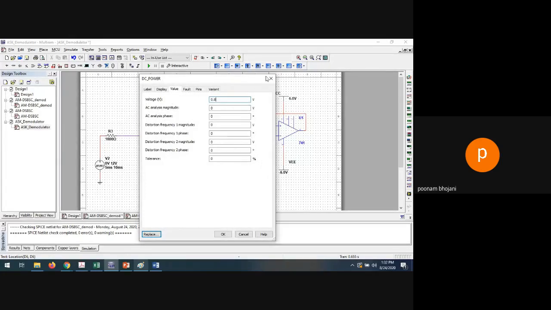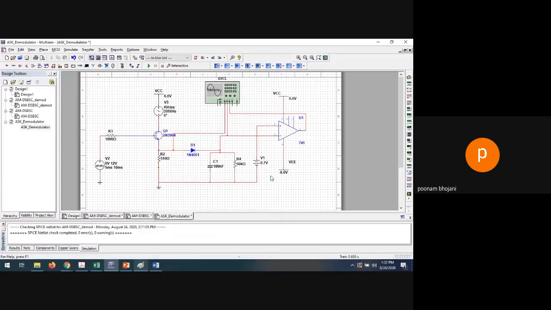You can keep it 0.7 also if you are not sure whether the variation is 0.2 or 0.3. So let's say I am keeping it 0.7. Right? That will also work. Don't worry. So if your voltage value is greater than 0.7, you will receive 1 volt, logic high. And if it is less than that, you will get 0, that is logic low. So you will receive the digital data at the output according to the filter output. So let us see the waveform.